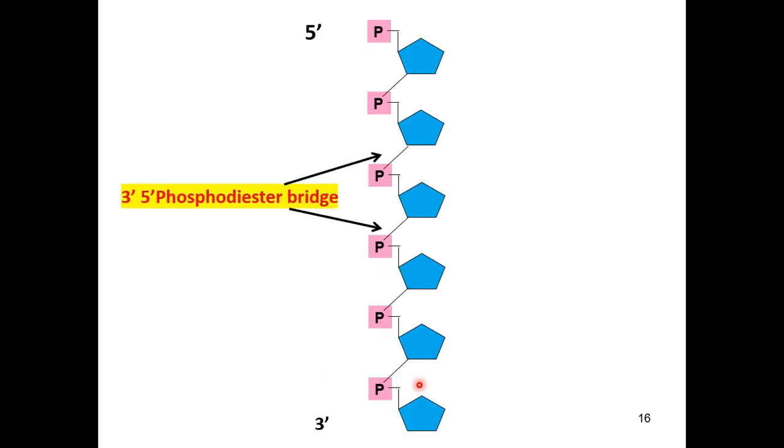Okay, so have a look. In this way it can form. This is the first nucleotide, second, third, fourth, fifth, and this is the 5' to the 3' end. The 5' phosphate of the first one is free, and the 3' hydroxyl group of the last one will be free, and it is forming these bonds, and this is the bridge. So we usually say the nucleotides are joined by a 3' 5' phosphodiester bridge.